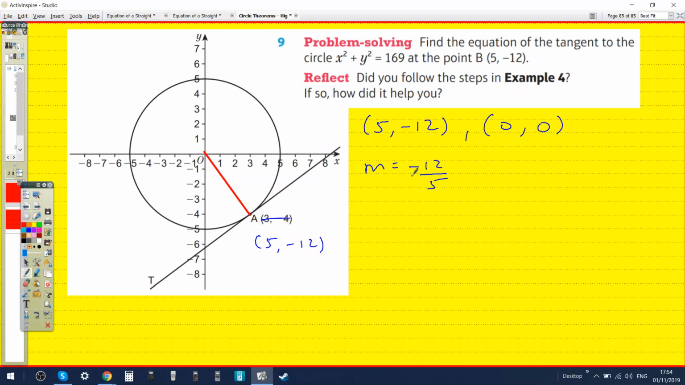What do you know about the gradient of the tangent? You have to find the negative reciprocal. Yeah. Okay, so 5/12. The gradient is 5/12. And so y being minus 12 equals 5 times 5/12, which is 25 over 12. Mm-hmm. And then do plus c, and 25 over 12,